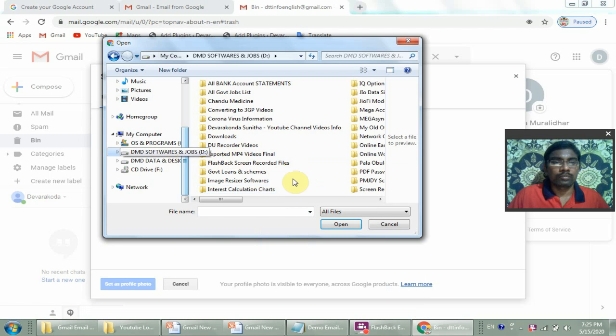Select your photo, wherever you have kept it in your computer or from your smartphone. So the location you have to select to upload the picture.